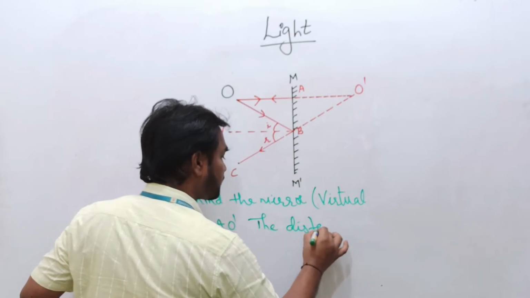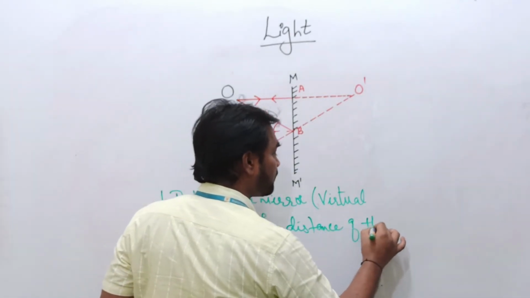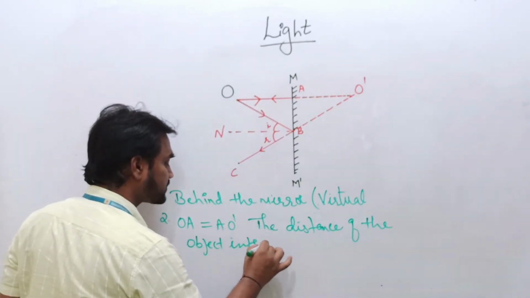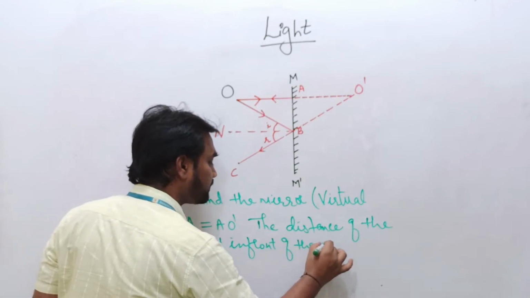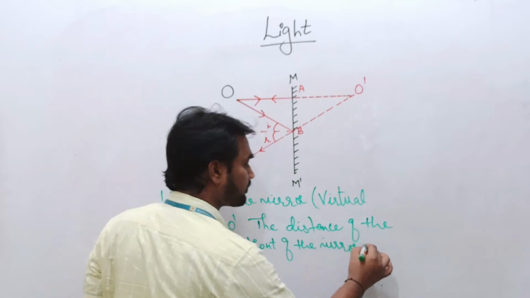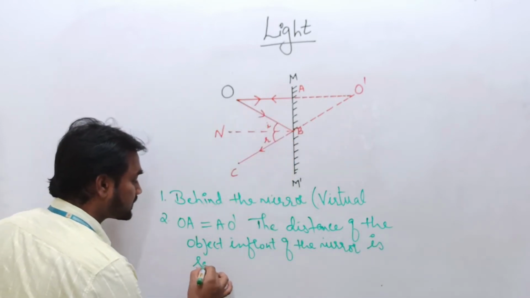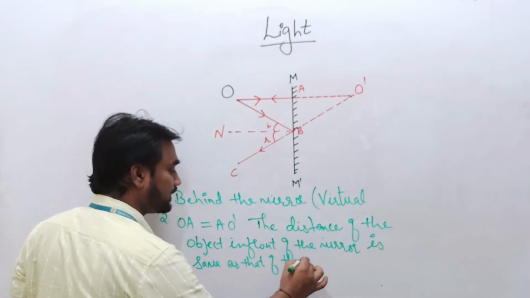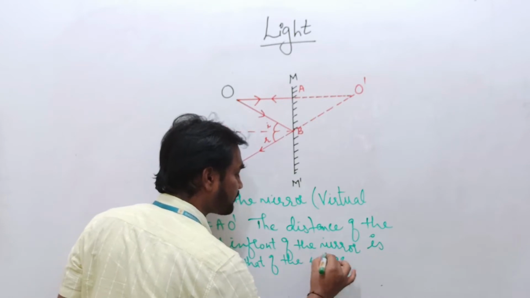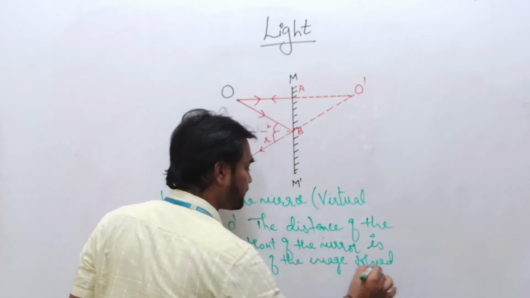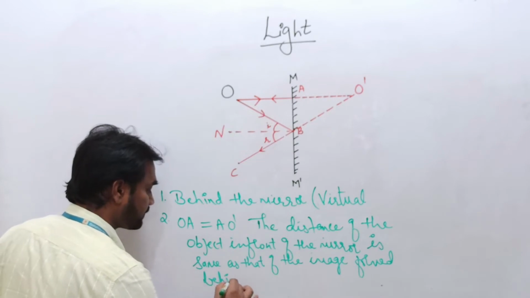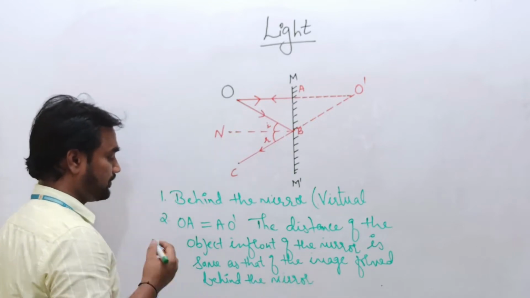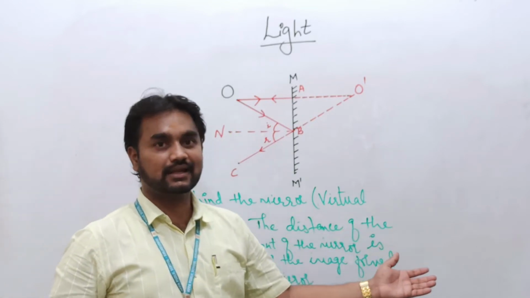The distance of the object in front of the mirror is the same as that of the image formed behind the mirror. Okay, so it's not that you have to use the